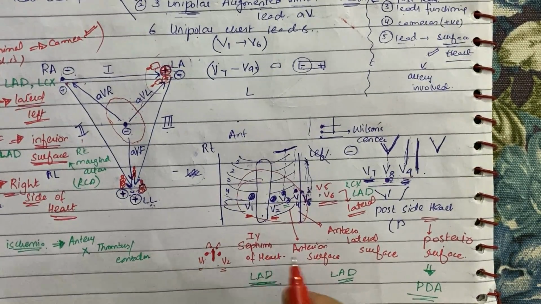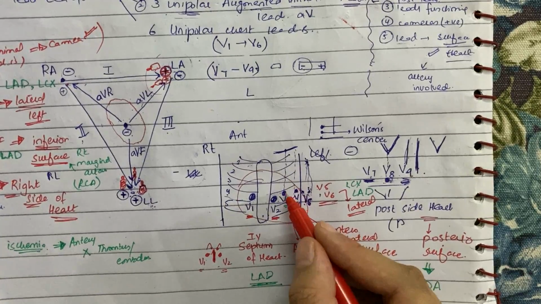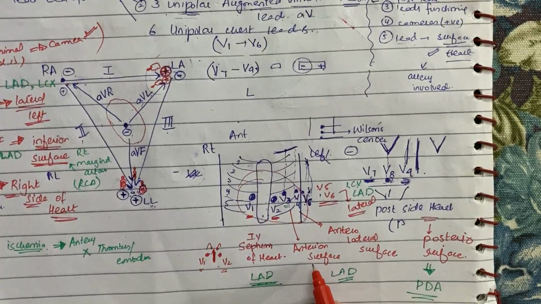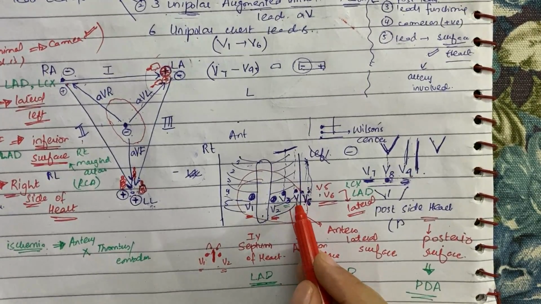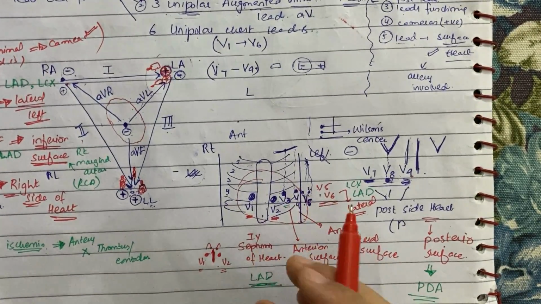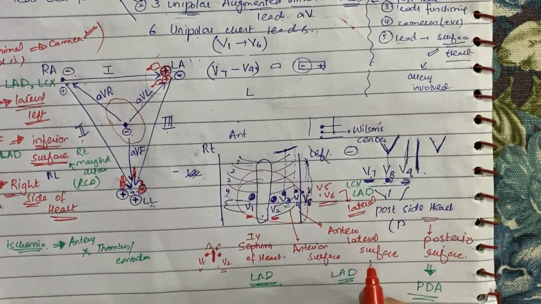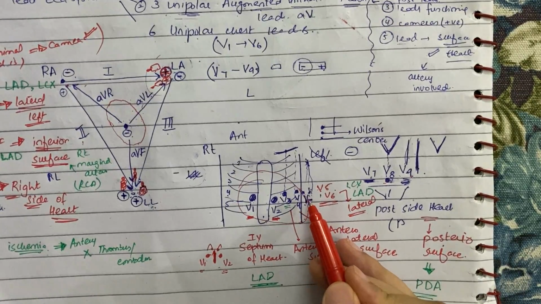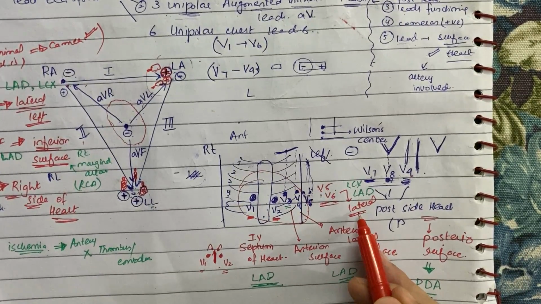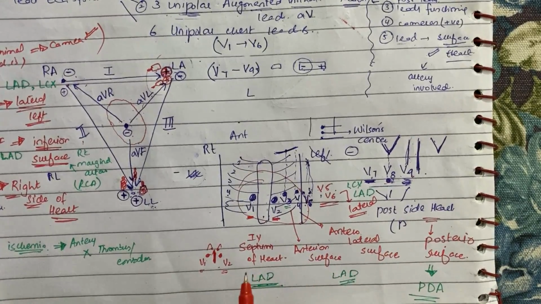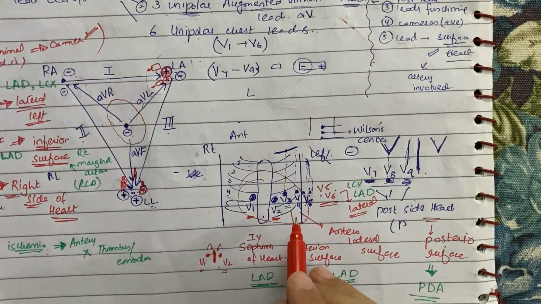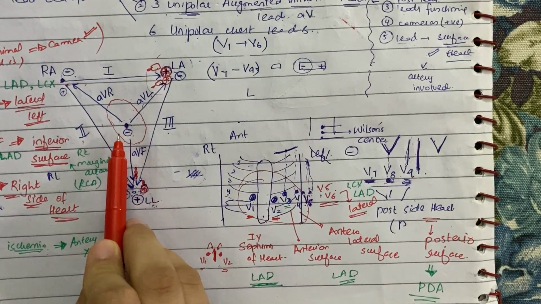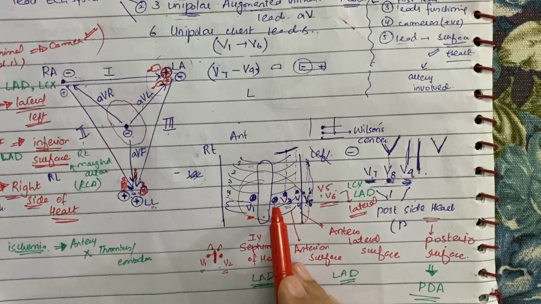Talking about V3 and V4, V3 is present on the anterior surface of the heart, so it is looking at the anterior surface of the heart. V4 is present in between anterior and lateral, so we can say it is watching the anterolateral surface of the heart. V5 and V6 are present on the lateral side, so they are very evidently seeing the lateral surface of the heart. A simple rule to memorize all these chest leads is that we know they are unipolar leads. Their negative is already the virtual center called the Wilson center. So these are already the positive leads.